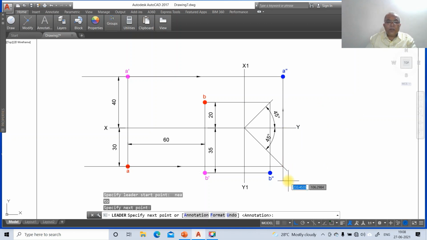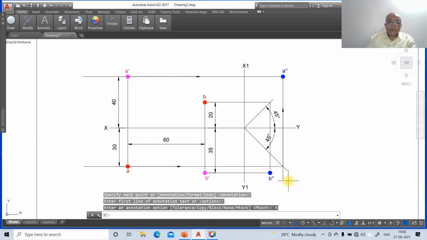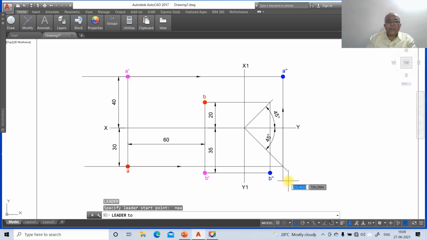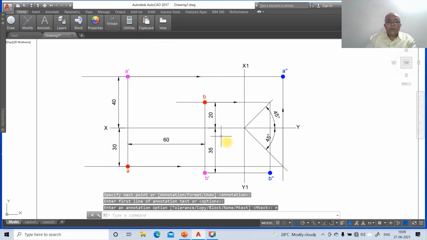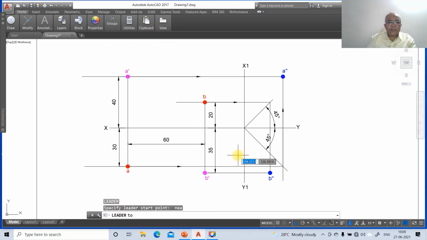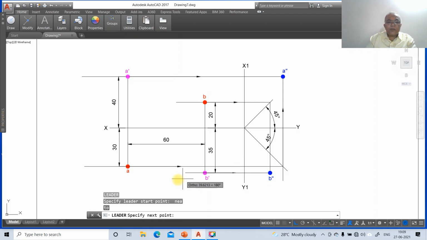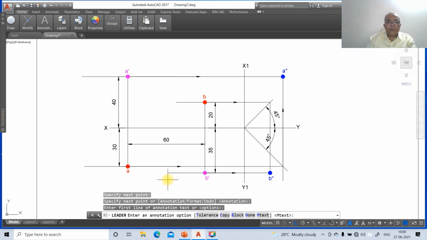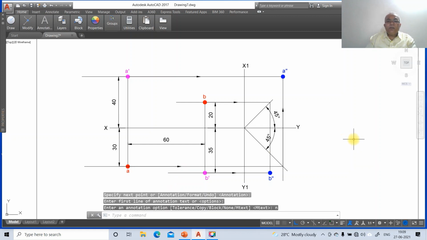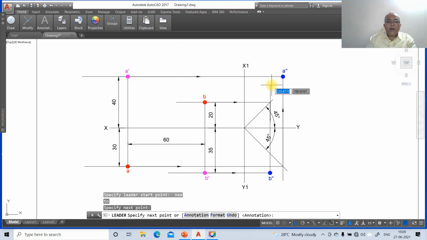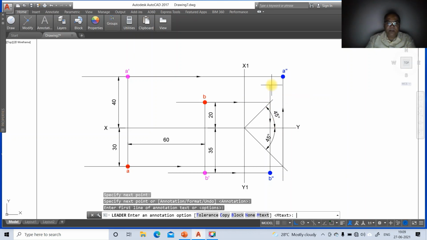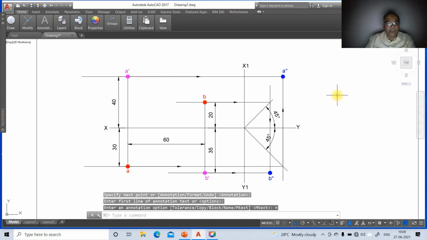So annotation, option, none. Similarly leader, so go to nearest, annotation, options, none. Then go to leader, nearest on this, annotation, option, none. Then go to leader, nearest on this, annotation, option, none. Then go to explode,